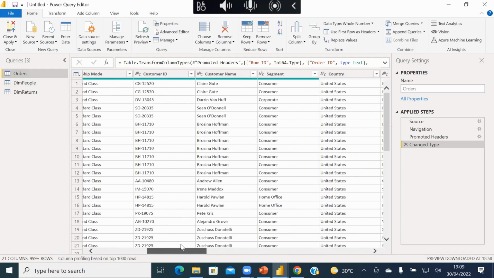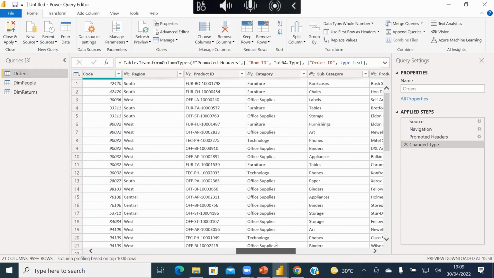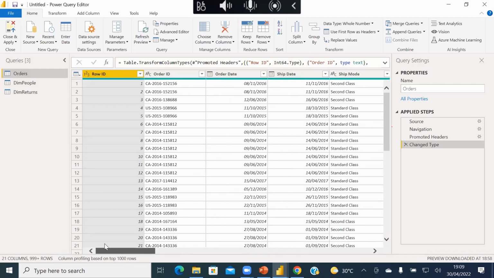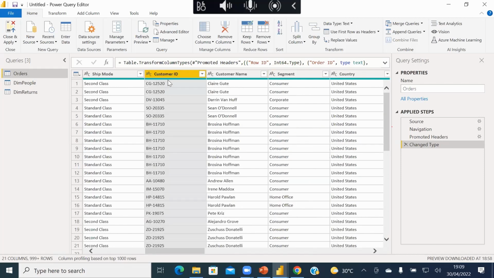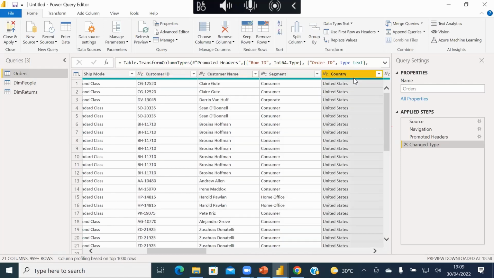The issue we have with the order table is that the order table is very large. And some information, for example, customer ID. It's great that we have customer ID, but based on the design we saw earlier, we now have customer name, customer segment, country. This information shouldn't be here. This information should be sitting on a separate table. Maybe the person that gave us this data has used some kind of Excel function to merge all the data into a single sheet. Now we are burdened with the responsibility of taking out this mistake. We have to correct the mistakes. We have to extract the data so that when we are building our model, we don't run into issues.